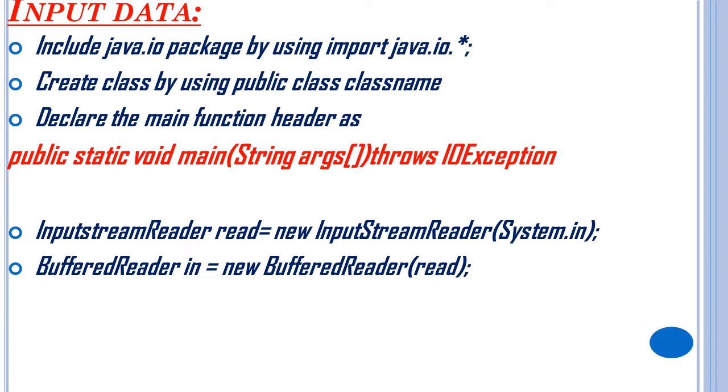So this BufferedReader line will create one object, in. In is a word, right? It will create one object in. That in object will store all the input data like temporary storage. This is about the minimum, the basic lines, the basic steps we need to write while writing a program using this method. What is the method name? The method name is InputStreamReader. If you are using the method InputStreamReader, then this many lines you need to write.